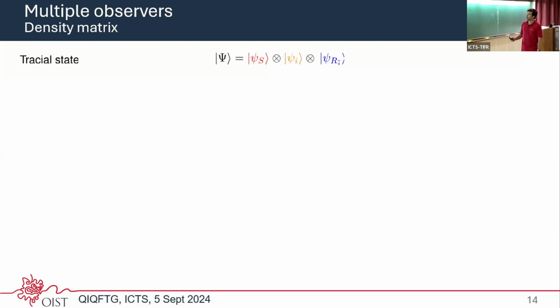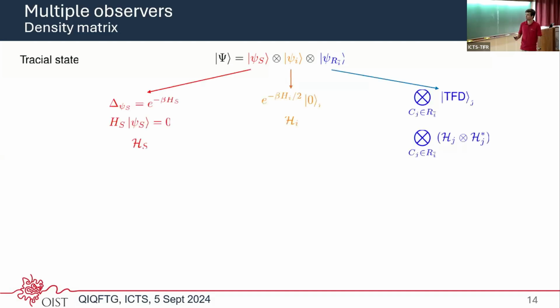We will split it in three parts. So we have our usual state on the system, which is just the vacuum, could be the Bunch-Davies vacuum state for de Sitter, for example, and it's our cyclic separating state with respect to which H_S was defined from the beginning. Then for our clock, we take this special state, which turns out to be cyclic separating for the clock, and it's also the same state as considered in CLPW.